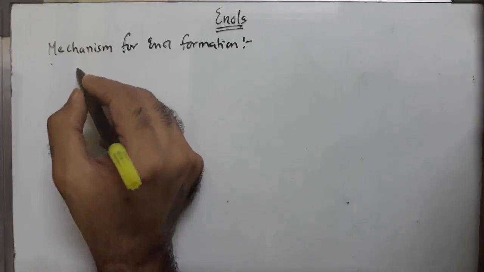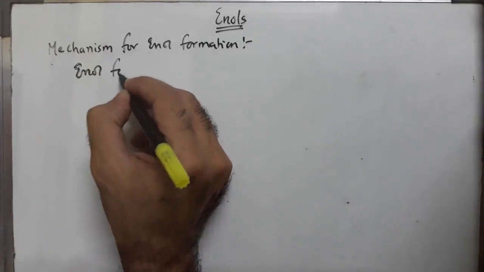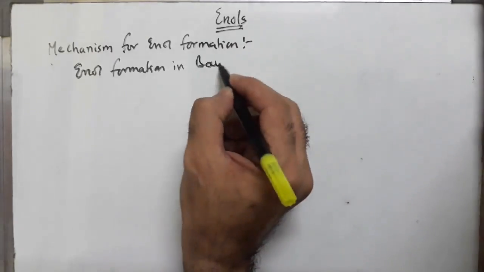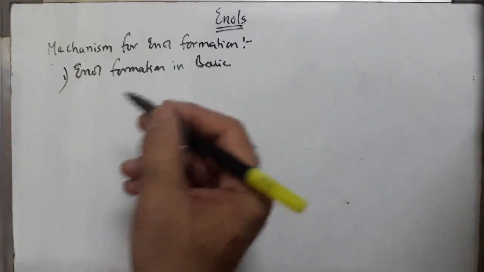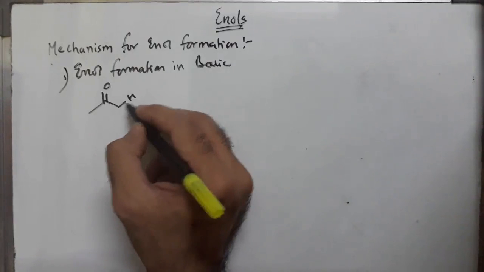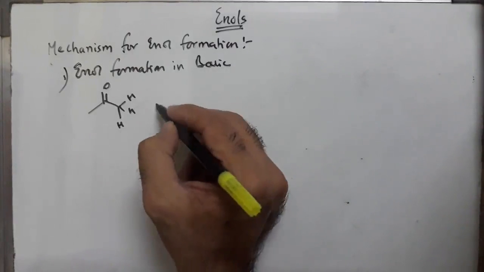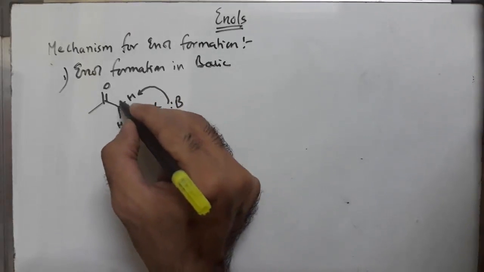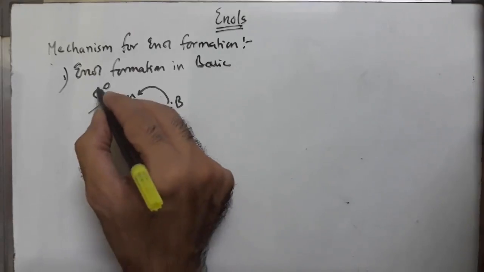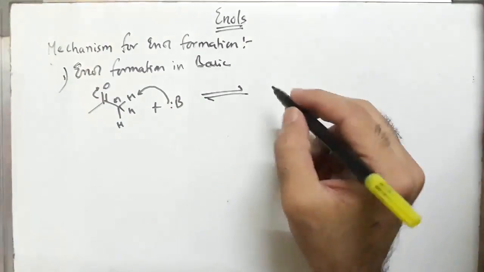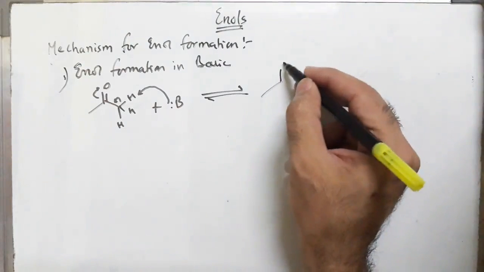Now let us see enol formation in basic condition. Now let us take a very simple base, maybe any amine or maybe hydroxyl group. Again we will take the same example of acetone. Now I told you already that these are acidic protons. Now this will be abstracted by base, and this bond pair will shift here, as it is in resonance with the carbonyl group. Now this will shift to, so here you will get a structure somewhat like this.